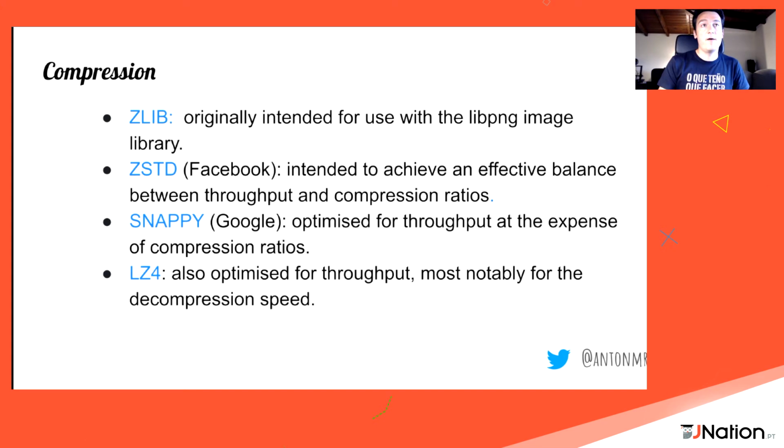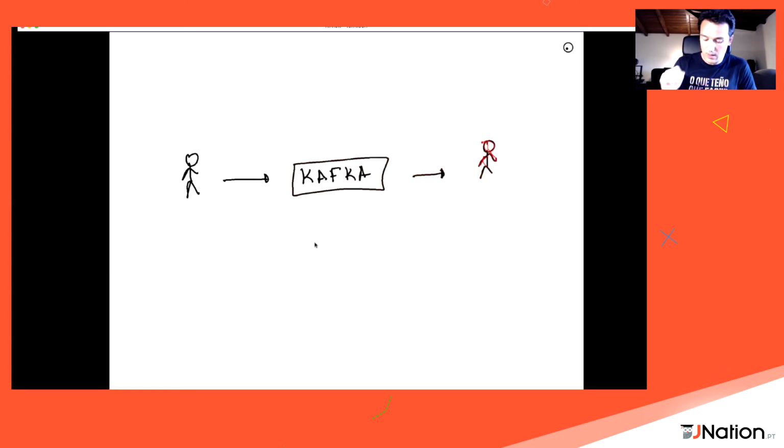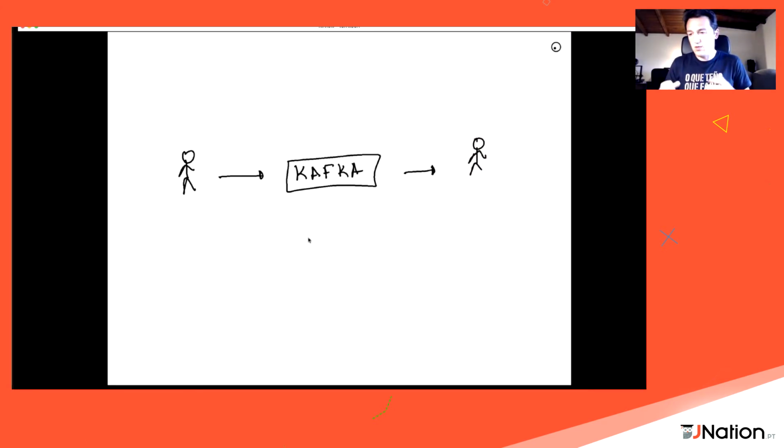The other improvement we're working on is to use Schema Registry, okay? So what is a Schema Registry? Basically, we have our producer, once again, sending to Kafka, and we have our consumer. But most of the teams out there, many of the developers, use JSON. So they are sending JSON messages to Kafka.